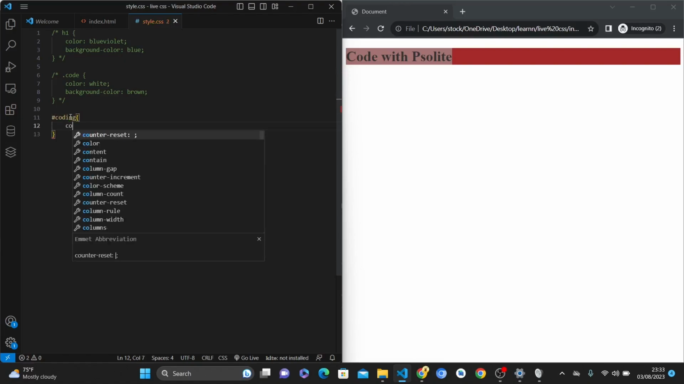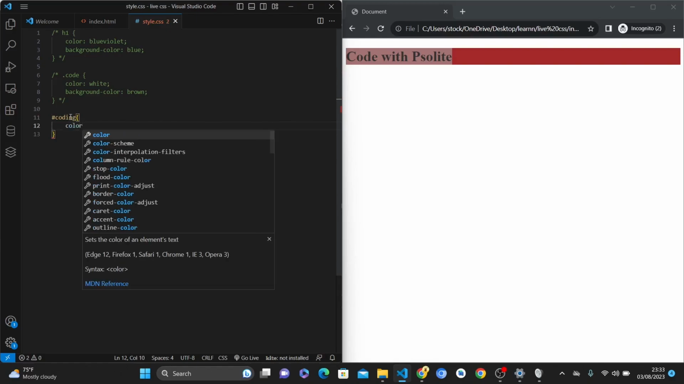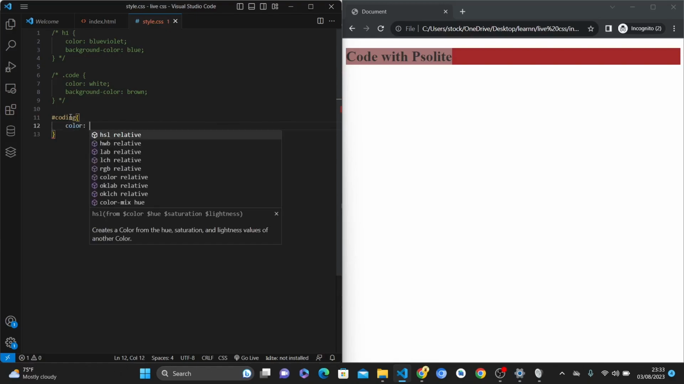You can name it color. You can name it any color you wish. Let's use hex code now. Hex code refers to